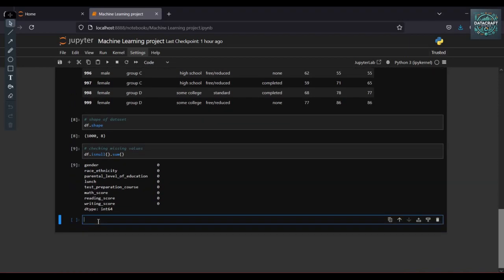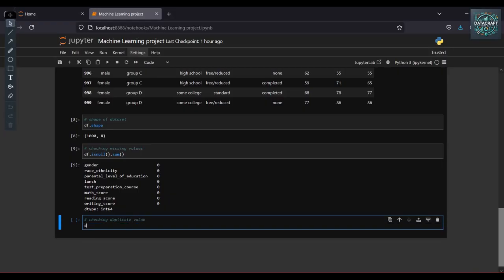So next I need to check the duplicate values in this dataset, df.duplicated().sum().